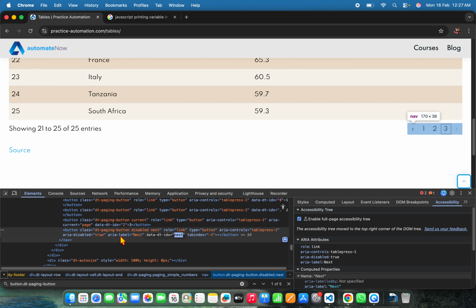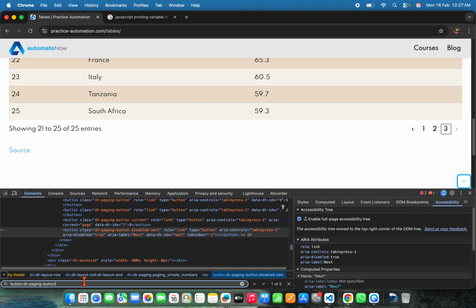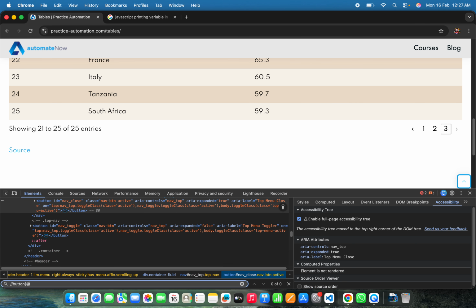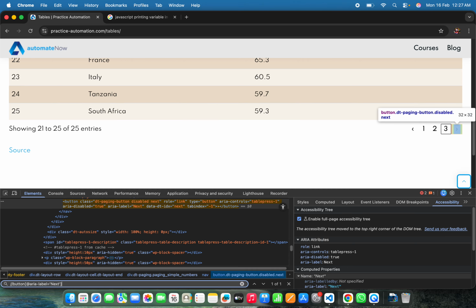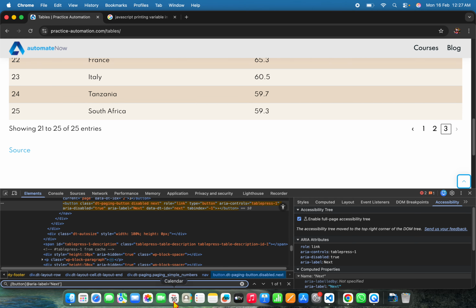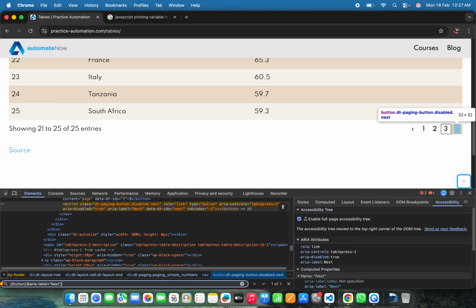Data dd, there are so many, but I'm thinking which one I can base it on. Let me go with aria label, button, and then at the rate aria label is equal to next. Yeah, it is highlighting it. Good. Okay. So copy this